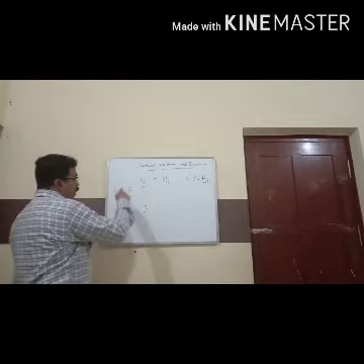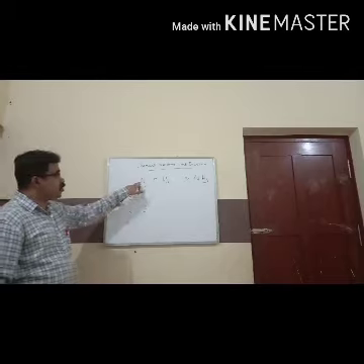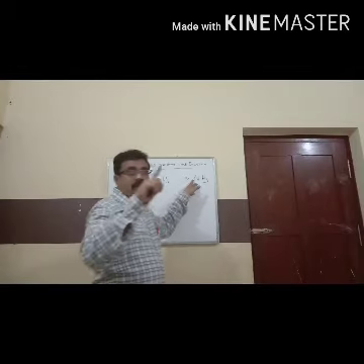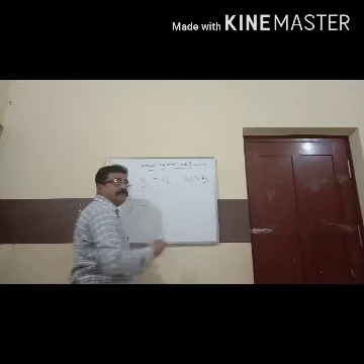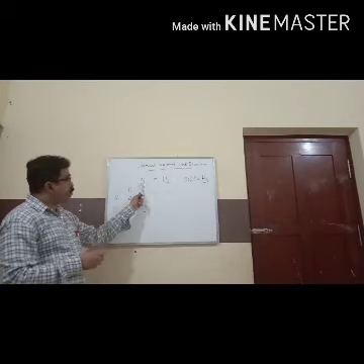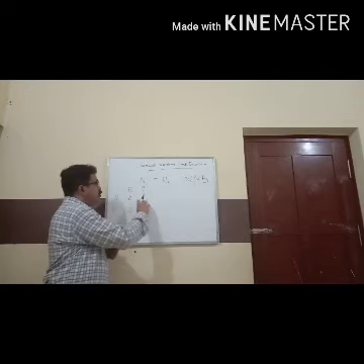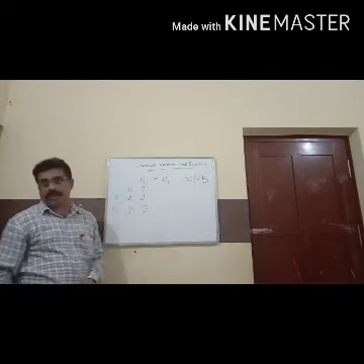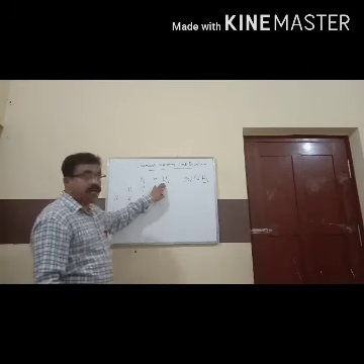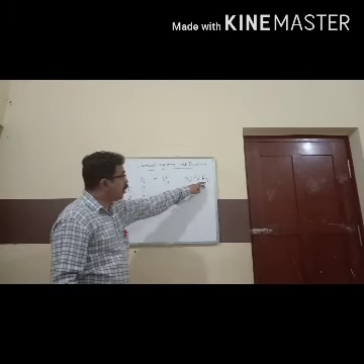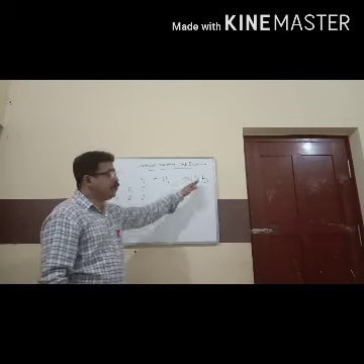In order to balance, first we will balance nitrogen. The reactant side is 2 and the product side is 1. So if you put 2 over here, now the nitrogen in the reactant side as well as the product side is 2. So it's already balanced. But when we go to hydrogen, it's 2 here and it's 3 into 2, 6 here. So you have to balance.